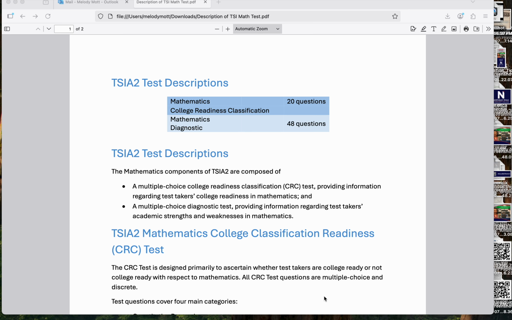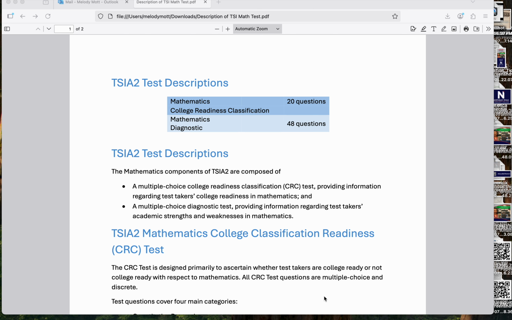Welcome to the Math TSI Bootcamp Test Descriptions packet. Today we're going to be looking at the types of questions that appear on the Math TSI. We'll talk about the types of concept questions that appear on the test, as well as share resources. I'll especially look at some YouTube videos and online tools that you can use to practice before you take your